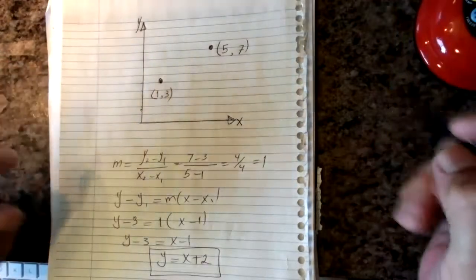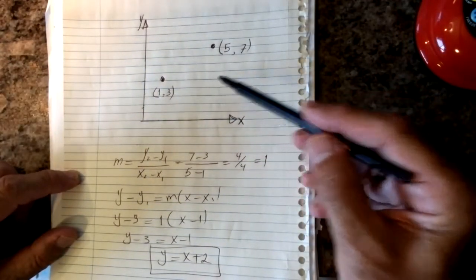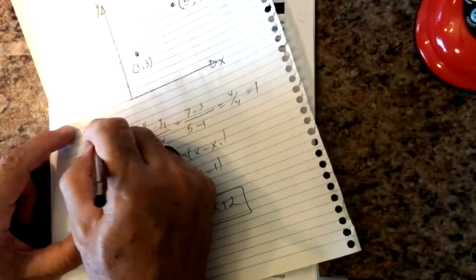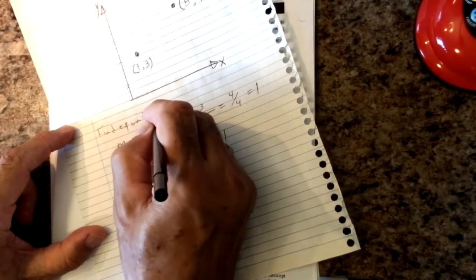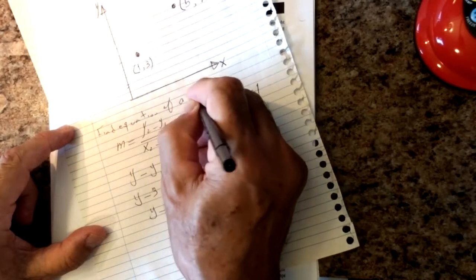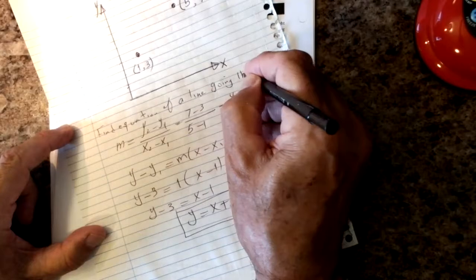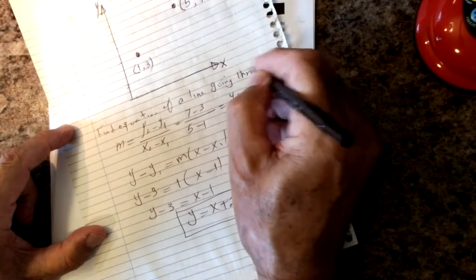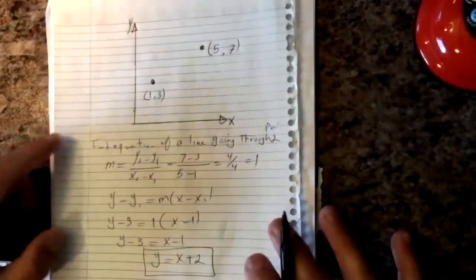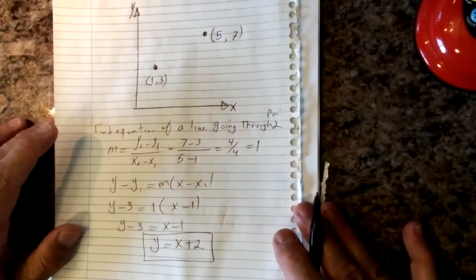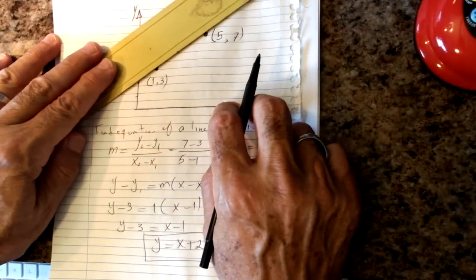If you recall in algebra, when we give you coordinates of 2 points and we ask you to find the equation of a line going through 2 points. So when we give you 2 points and ask you to find the equation of the line that goes through these,